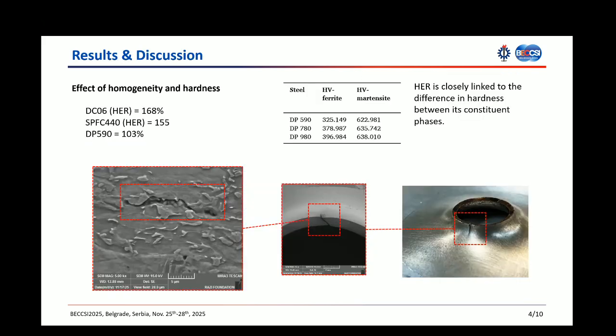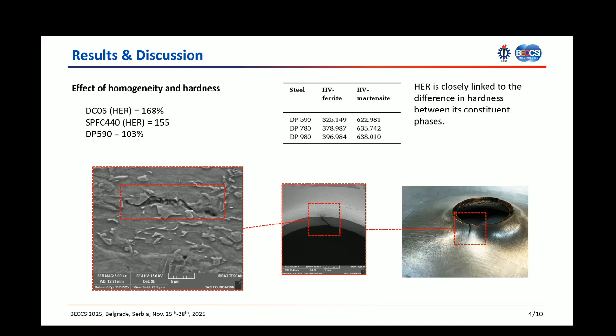The results show that DC06 and SPFC 440 specimens achieve a hole expansion ratio of approximately 168 and 155 percent respectively, while the DP 590 specimen reached only about 103 percent before the onset of crack initiation. This clearly highlights the lower edge stretchability of